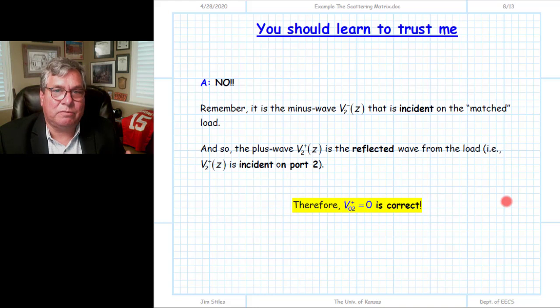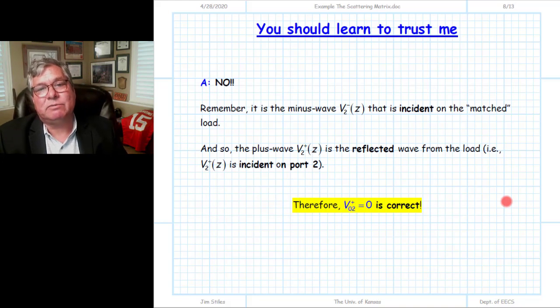Now, we know for a load that the reflected wave from that load is equal to the incident wave amplitude times the load reflection coefficient. And so the question is, what is the incident wave on this load, this gamma L? Well, the incident wave on that load is, remember, the minus wave. The wave incident on the port is the plus wave, and so the wave on the load is the